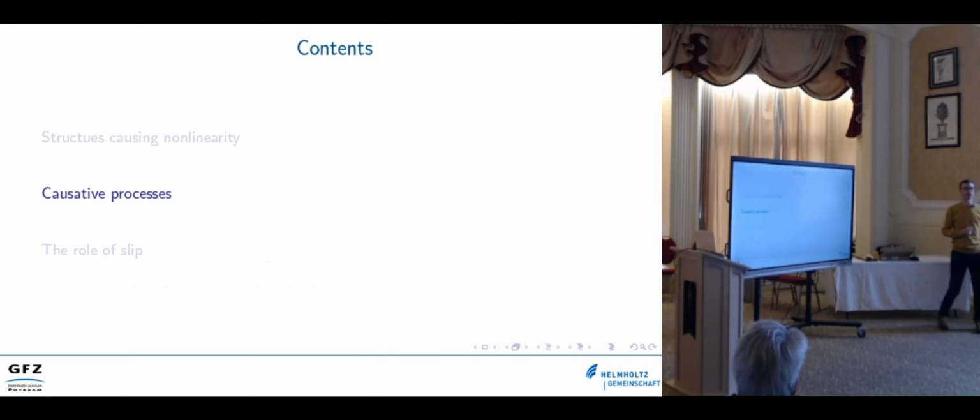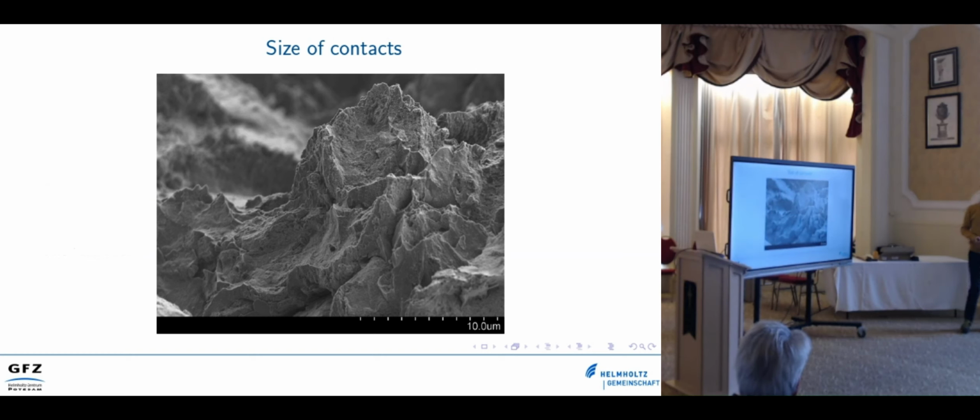So what can be processes that happen in the bond system? It is actually holding the whole sample together, but it is also responsible for all this complexity that we observe. So the size that we look at is imaged here. And actually, from just looking at the picture, you don't really see whether this is my tooth or whether this is Mont Blanc. So the surfaces are scale invariant. So we have structures at basically any size